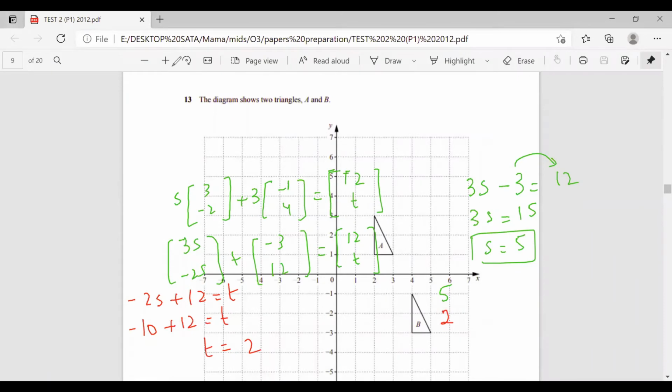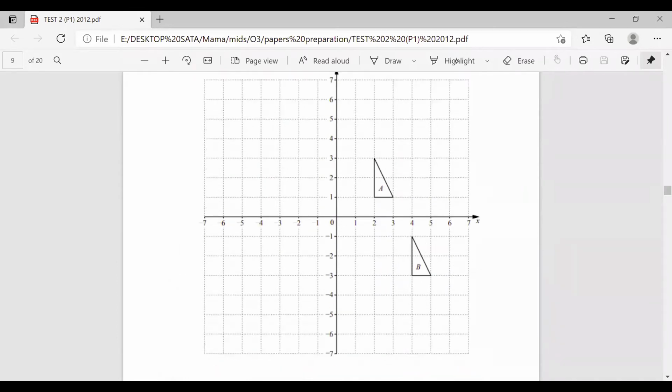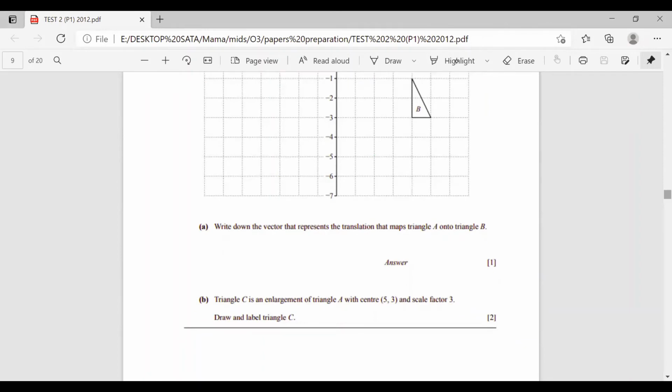So this is basically the transformation question. The diagram shows two triangles, A and B. The question says in part A, write down the vector that represents the translation that maps triangle A onto B. Okay, that means what you have to do is just simply